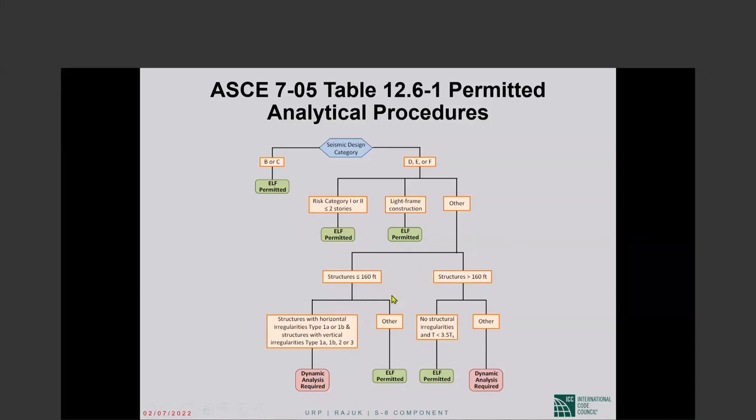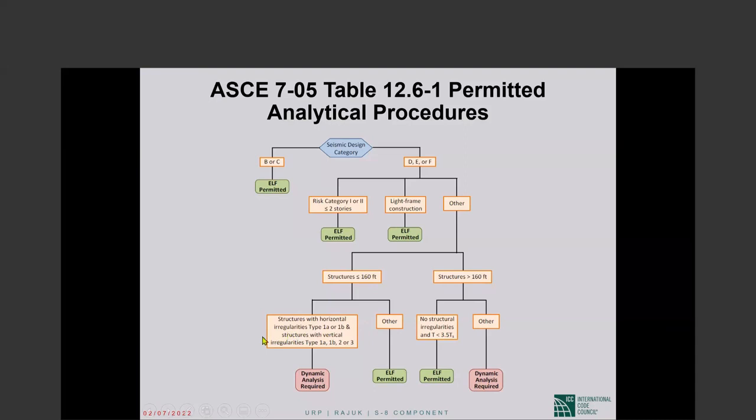the big dividing line is: is the structure less than or equal to 160 feet or more than 160 feet? Sorry, I forgot to, or didn't think of translating into metric. 160 feet would be, I don't know, 50 meters, a little bit more. Anyway, so if it is a structure less than or equal to 160 feet, which is the vast majority of structures, then